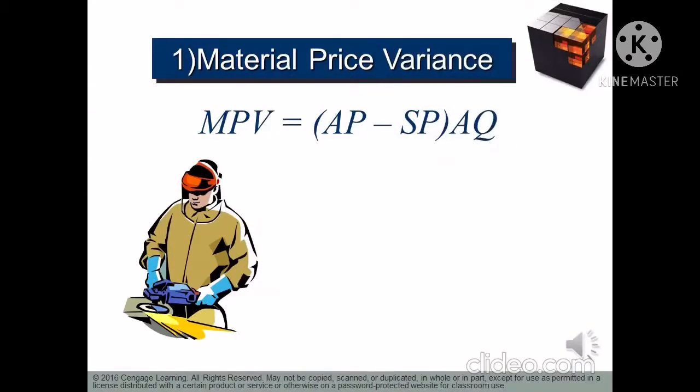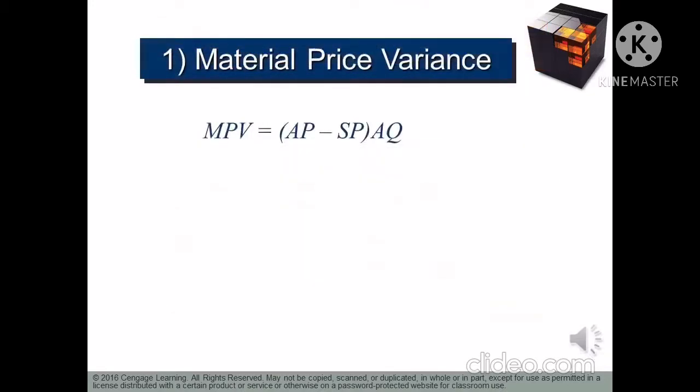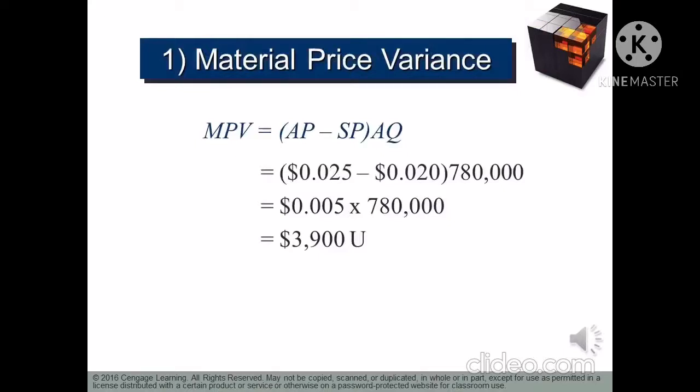So here is the formula for material price variance, where MPV equal to AP minus SP, then multiplied by AQ. To make it more clear, here are examples that we can use for formula. We will look after this on how to find material price variance and direct material quantity variance. As we can see here, this is the formula for material price variance where MPV equal to AP minus SP